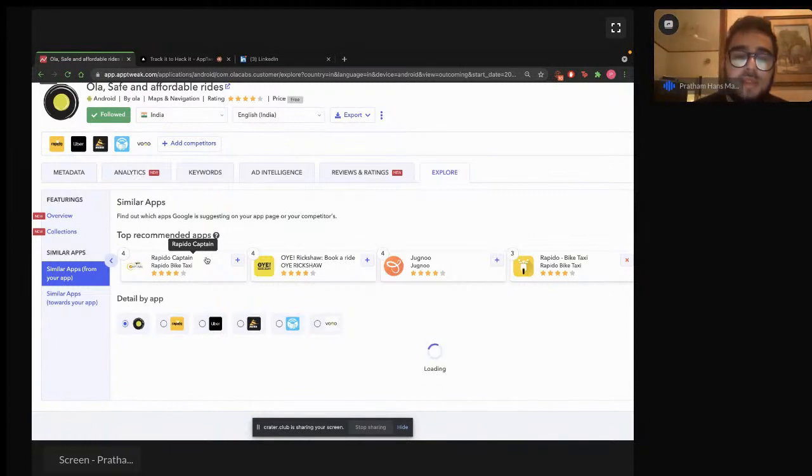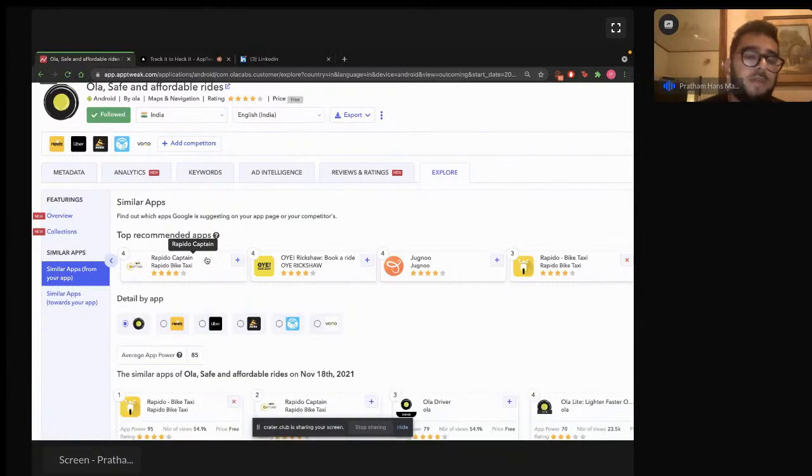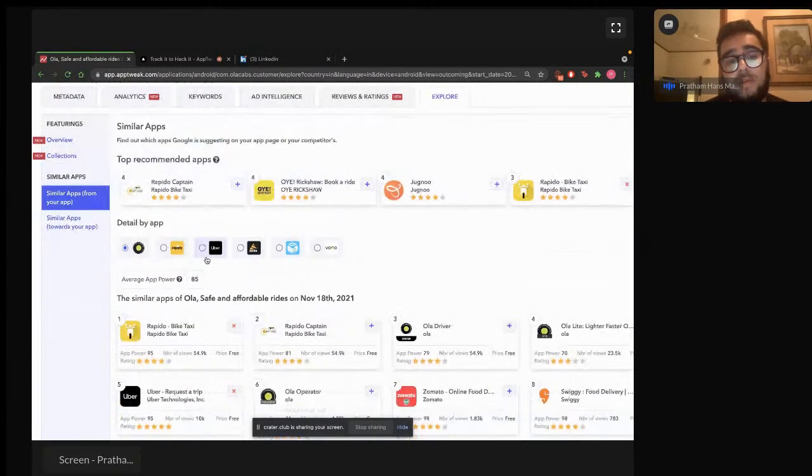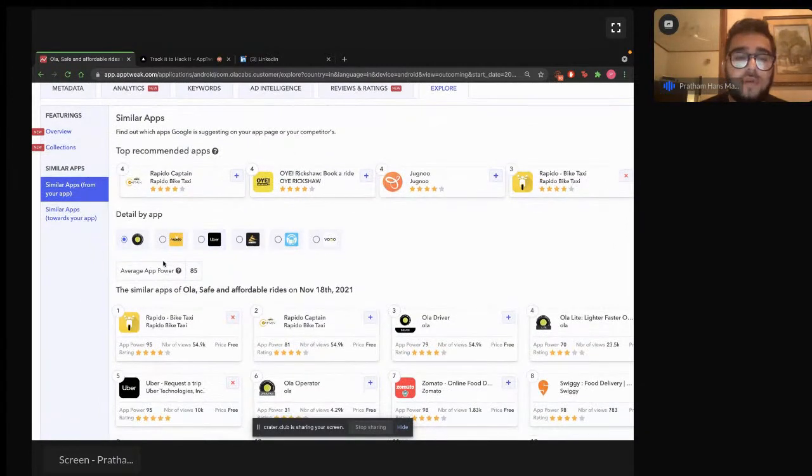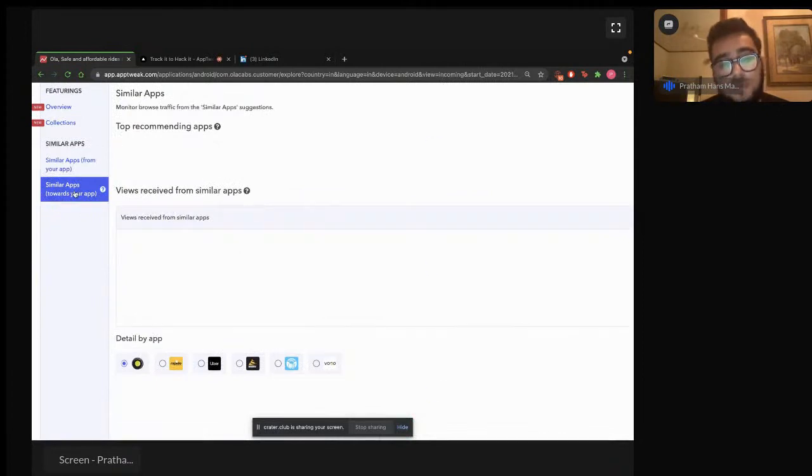So similar apps is basically browse traffic: who are the similar apps or recommended apps based on your listing, and who is driving traffic towards you and who are you giving traffic towards on a day-to-day basis. For an app like Ola, on a day-to-day basis they're giving about 55,000 views to apps like Rapido, redirecting them to the Ola driver, or Uber, and so on. Whereas in terms of receivables,